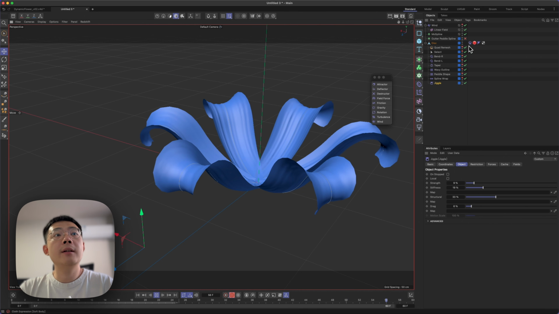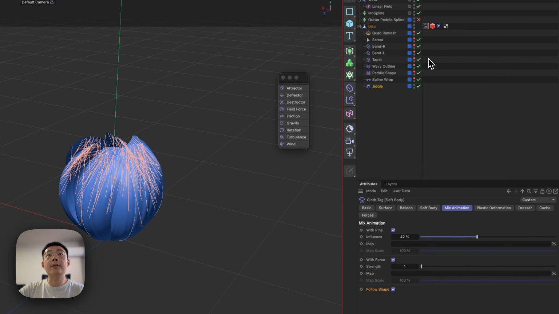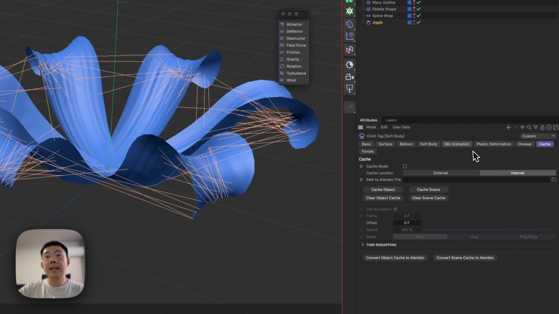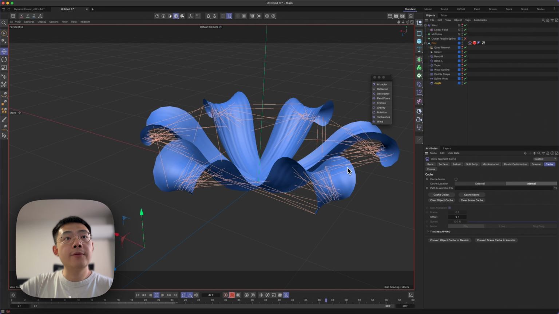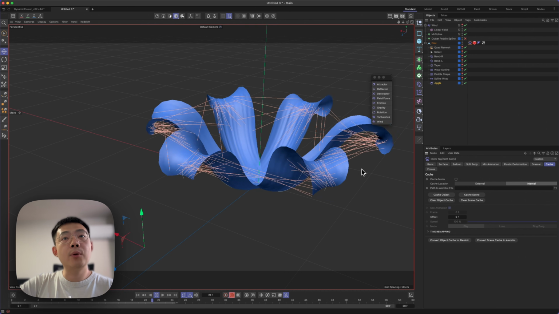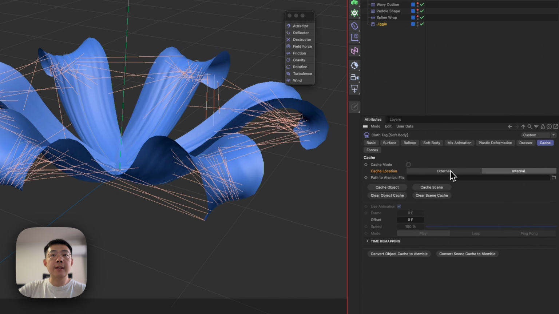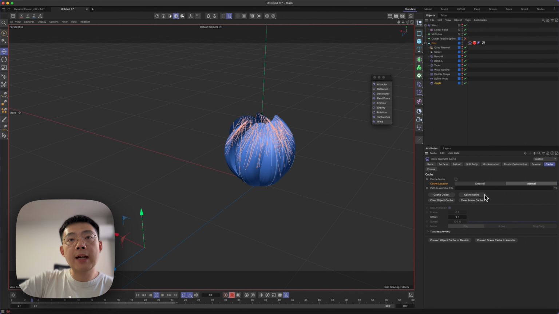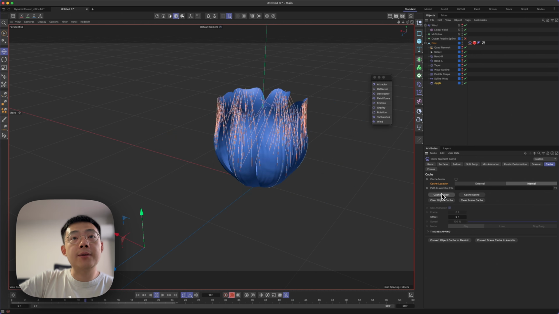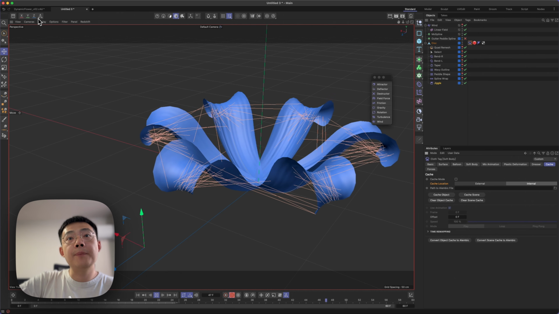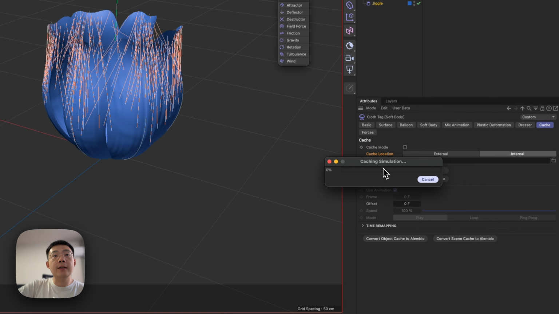Okay, and then if you are okay with this motion, you can just go to the tag and then go to cache and then just hit cache object. So with the Cinema 4D 2024.4 update, I think you get this cache location. You can cache it outside so that you have the cache on your disk, which is very good, but I'm not going to do that because I already have the cache in the source project file. So I'm just going to hit cache object,